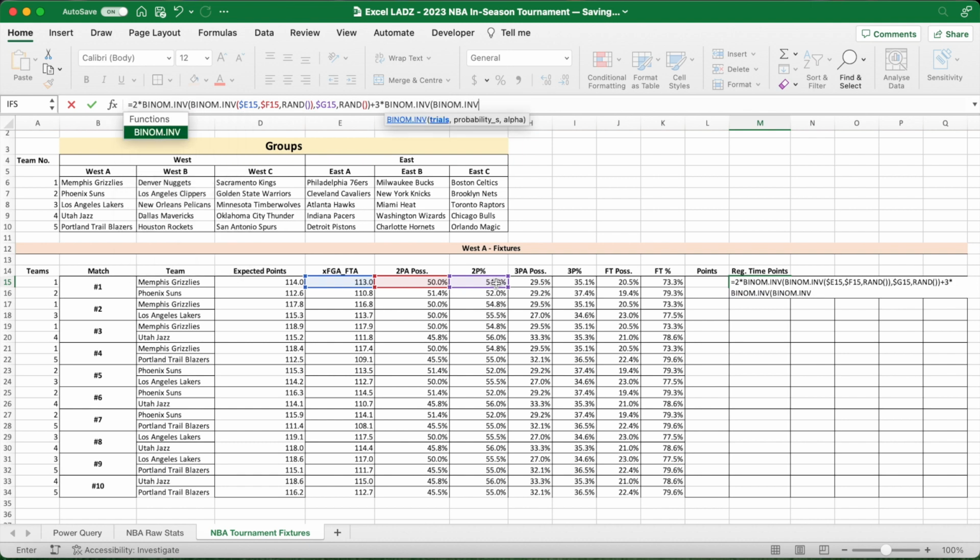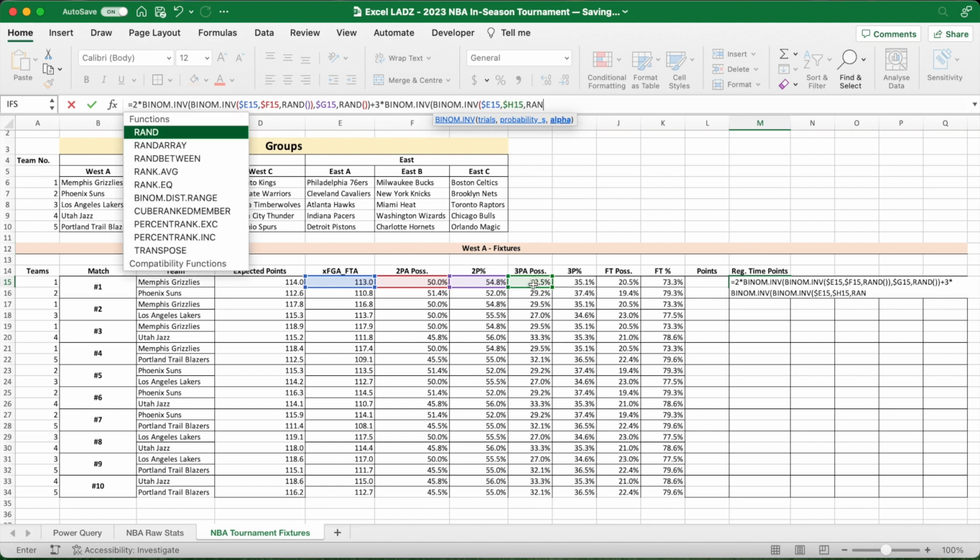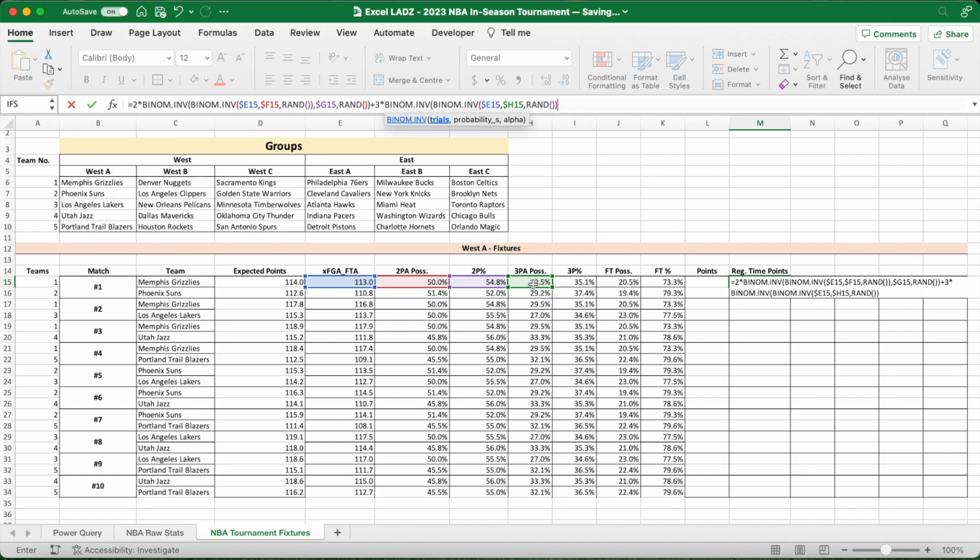So plus 3 times binomial inverse, open bracket, binomial inverse, the amount of trials, the expected field goals, and then comma, probability of making a 3-point shot is H15, and we're simulating this, so our alpha is the RAND function, open bracket, close the bracket, comma, the probability of actually making a 3-point shot is I15, comma, RAND, close bracket,